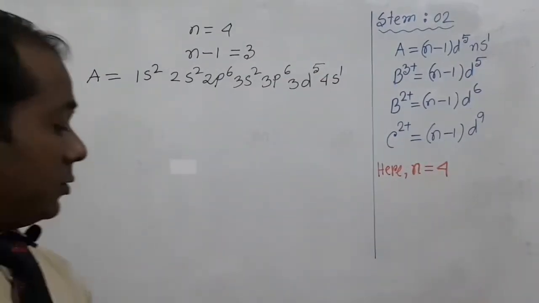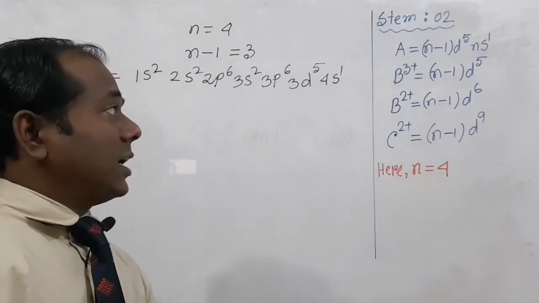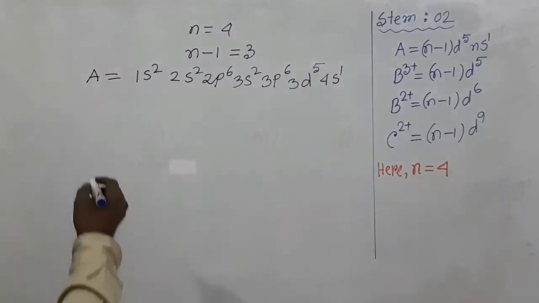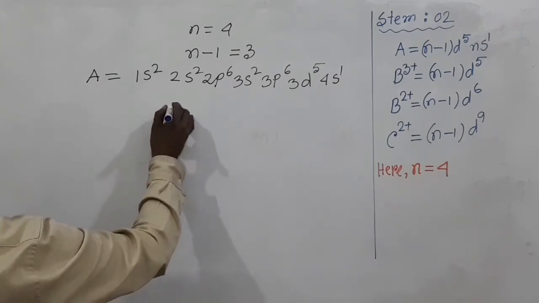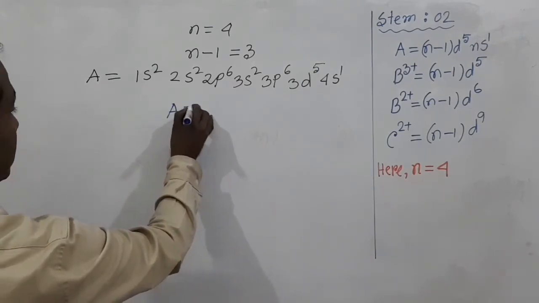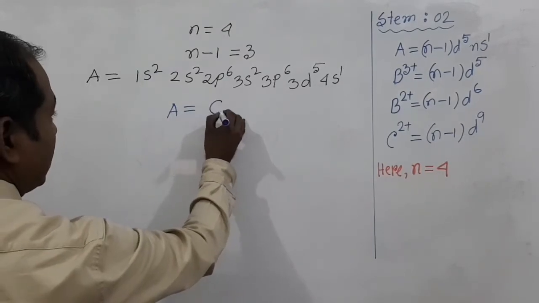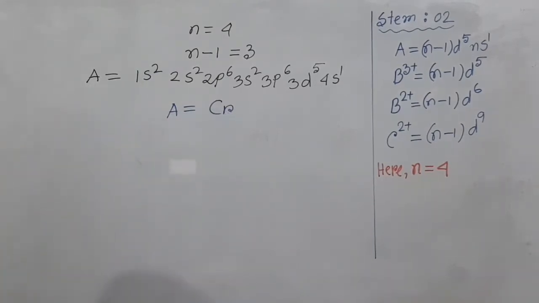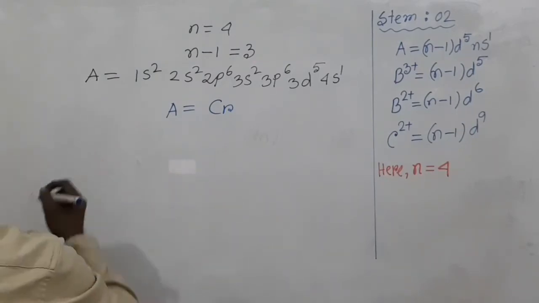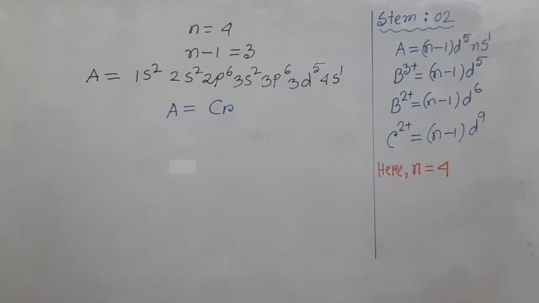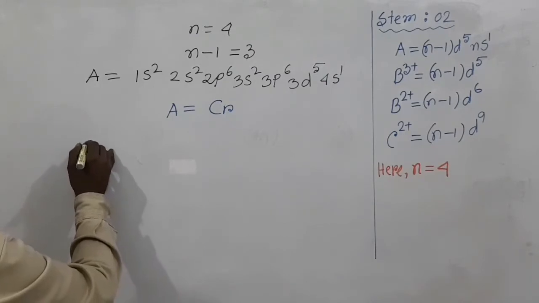So, we can see that the electronic configuration of the element A is chromium. So, we can say that element A represents the element chromium,